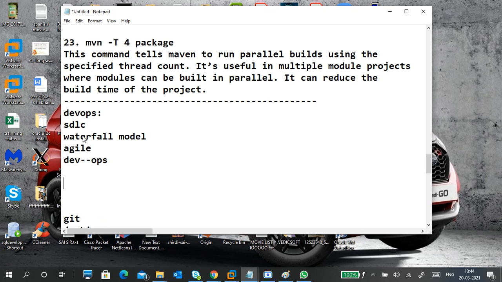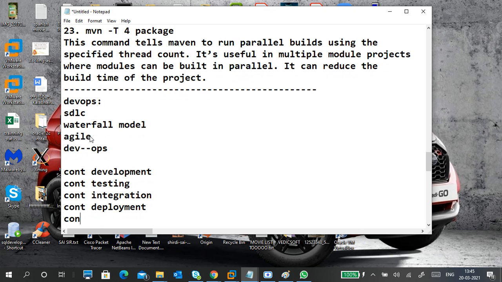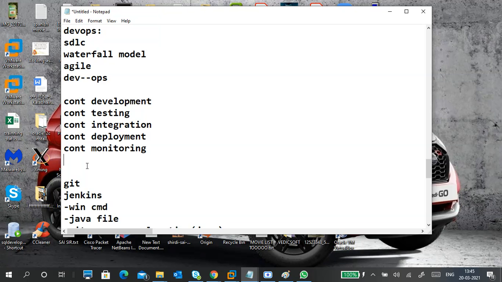And what is continuous development, continuous testing, continuous integration, continuous deploy, continuous monitoring? What are the life cycles of that?